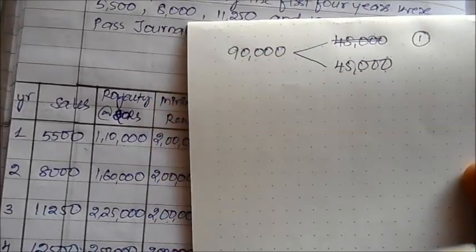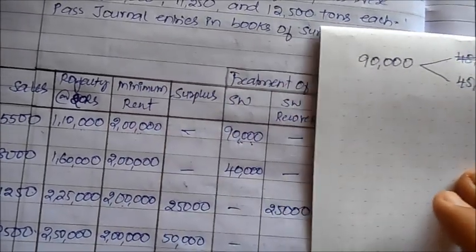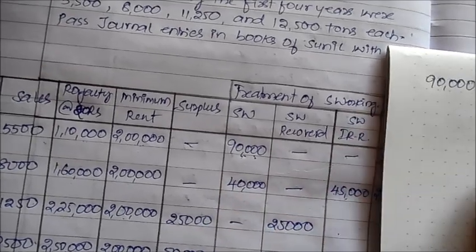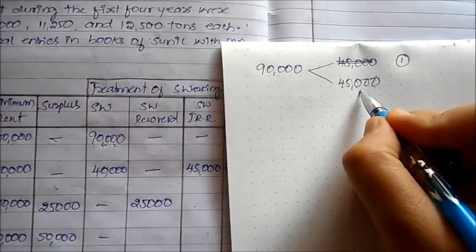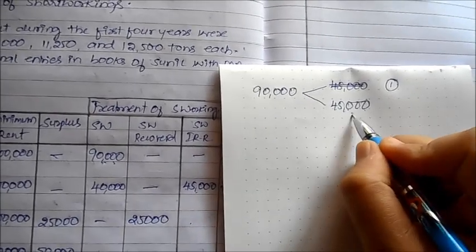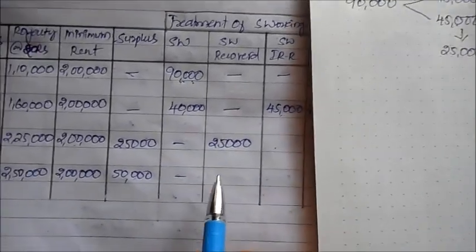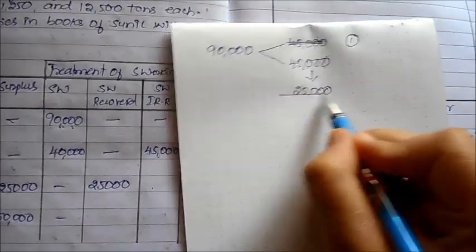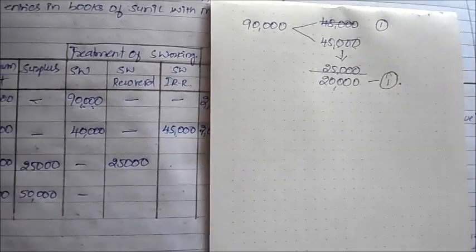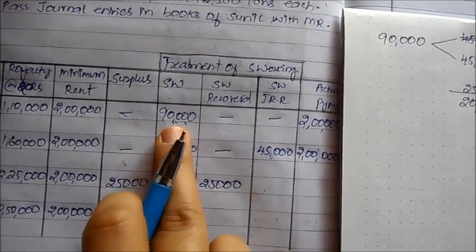Now the question remaining is, how much will become my irrecoverable? For this you should understand this pattern. What do we generally do? We go order-wise, taking one short working at a time. Out of the first short working, how much could I have actually recovered? 45,000 in the next year. But how much am I actually capable of recovering? Only to the extent of 25,000. So what is left? 20,000 will be irrecoverable in the first case.